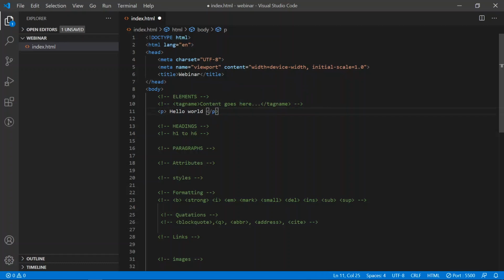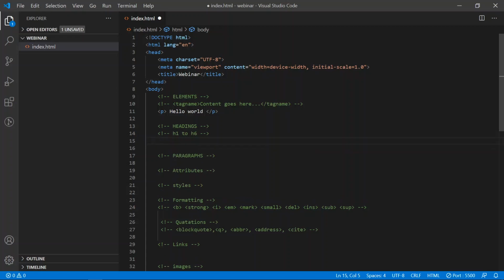So let's talk about headings in HTML. There are 6 headings in HTML, from H1 to H6. If you type H1, this is what we call Emmet in VS Code. It will automatically print the tag for us. If I click tab here, it will put that thing there. So if I give hello world here,